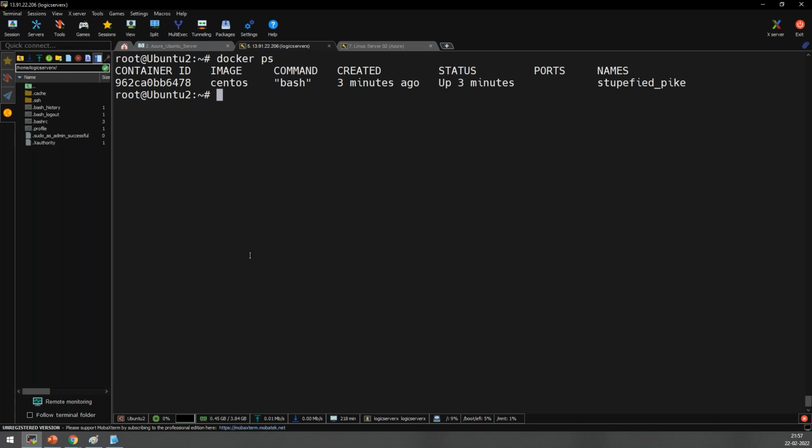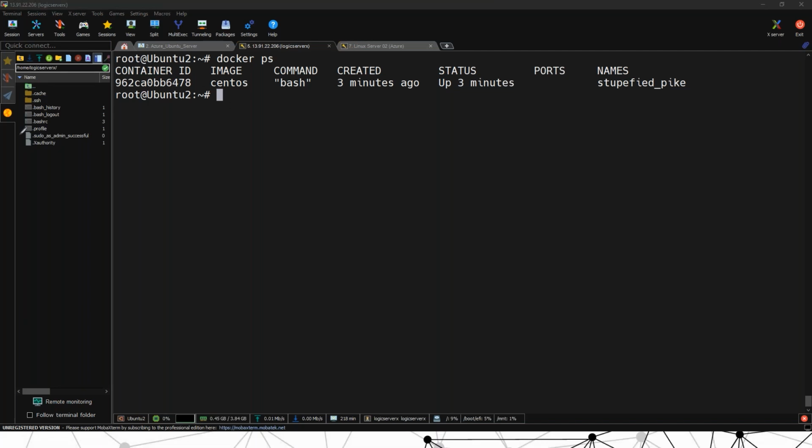Very simple. But before I stop the container, let me show you something. For every container, it will show you certain things. First of all, it will show you a container ID. This is the unique value for the container.